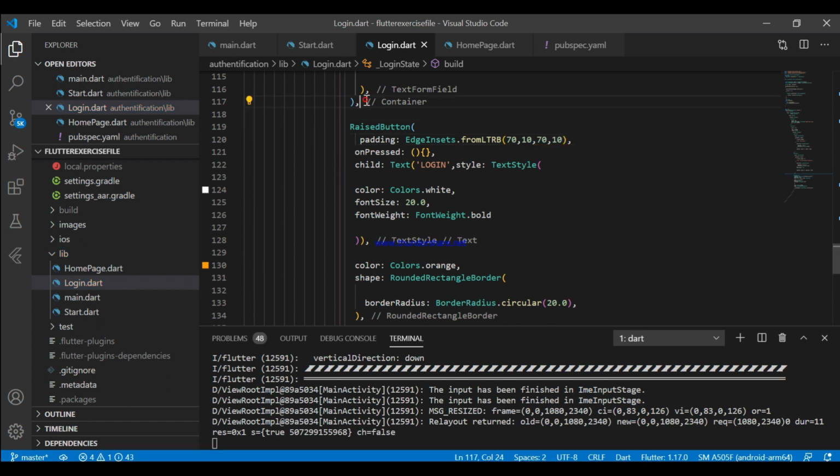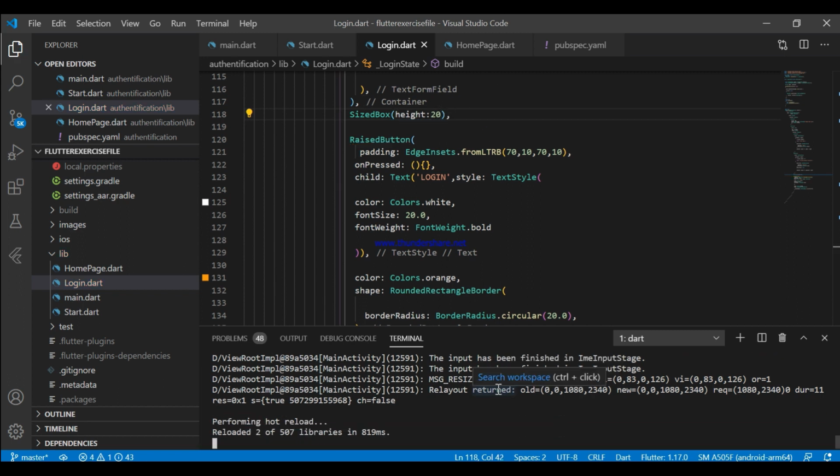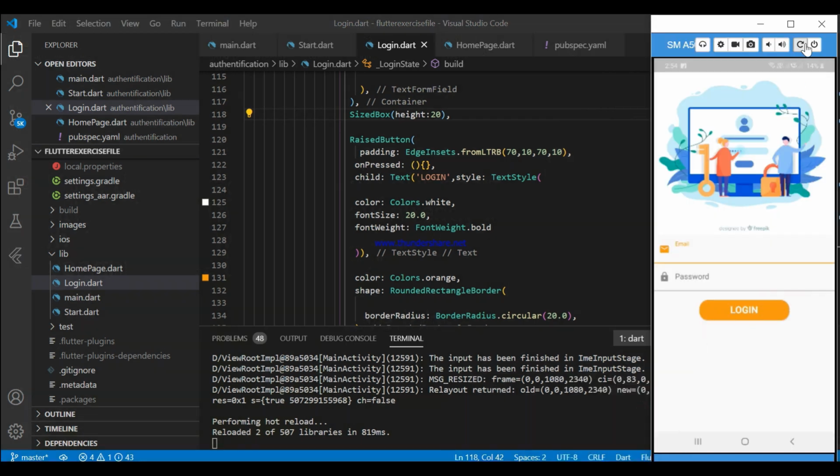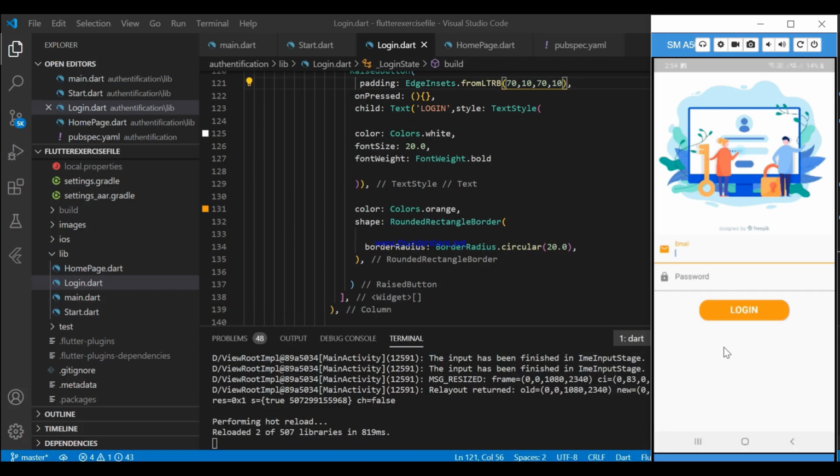And a SizedBox of height 20 will be sufficient. Now it looks perfect. Now it's time to add the onPressed functionality in the sign in button. Okay, sorry, login button.